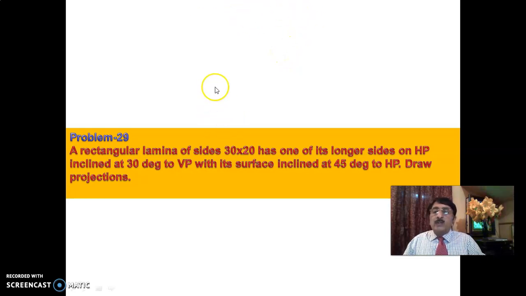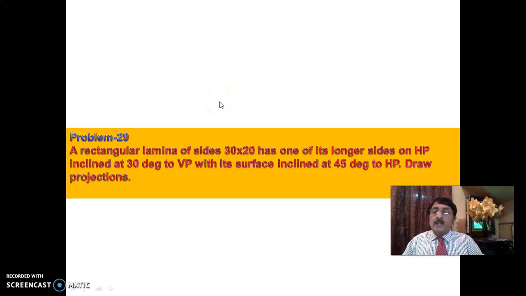Also I told you earlier, if a lamina has an edge on HP, you start from the top view. Edge in VP, start from the front view. A corner in HP is a very good indication that you have to start from the top view. A corner in VP means immediately start from the front view. Surface inclined at some degrees to HP means start from the top view. Surface inclined at some degrees to VP means start from the front view. I have given you sufficient clues. Please go through my earlier sessions to understand the concepts clearly.